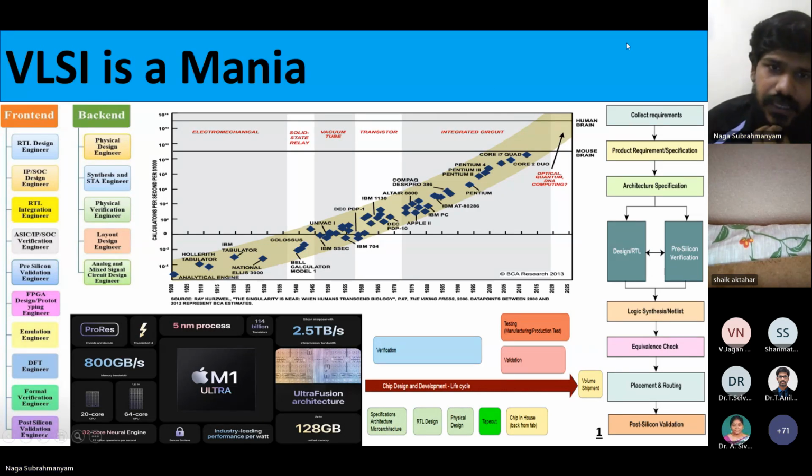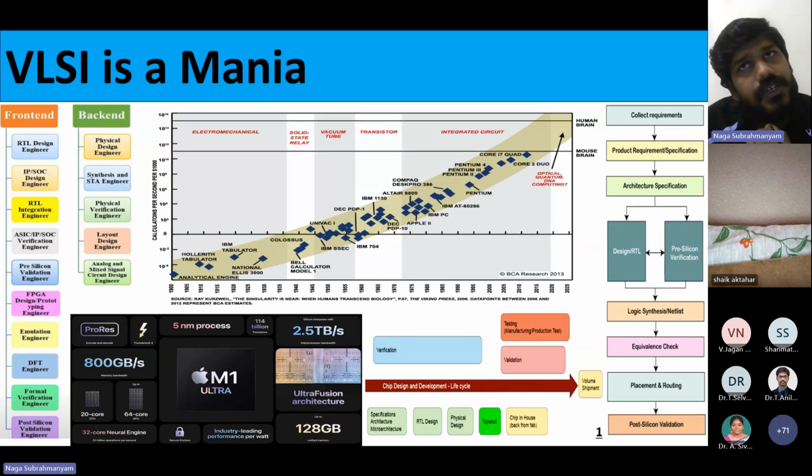In this, design and verification are both hand in hand. Suppose I'm going to verify one chip, so we are continuously in touch with the designer. They'll give one kind of release, meaning they'll give one RTL, and we will verify that RTL in different aspects. For that we will develop a particular plan. I'll go through all those things in the next slide. Briefly, I'm telling how design and verification go hand in hand.